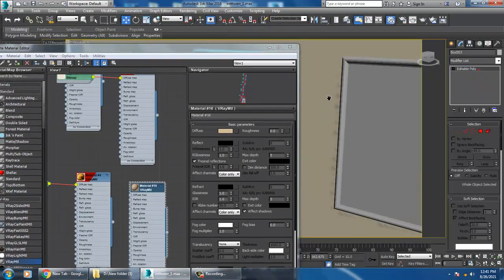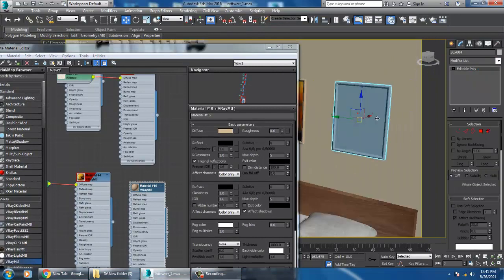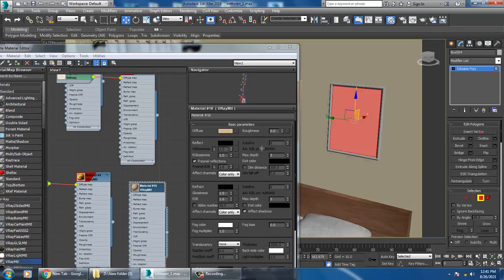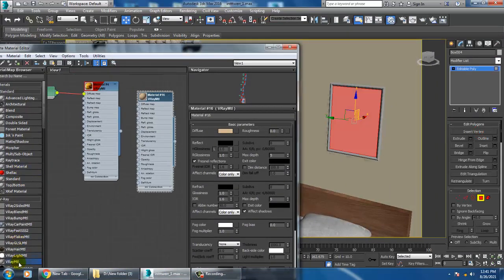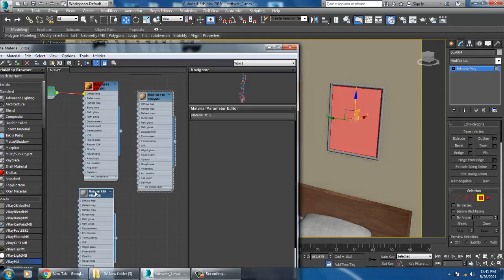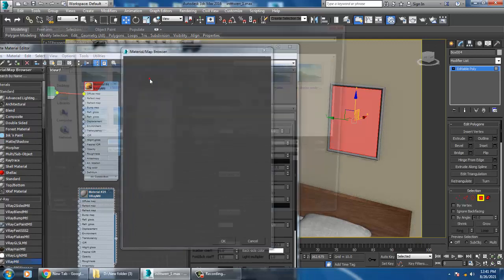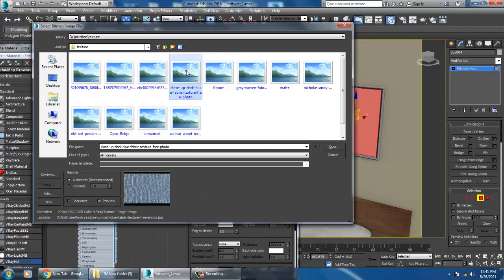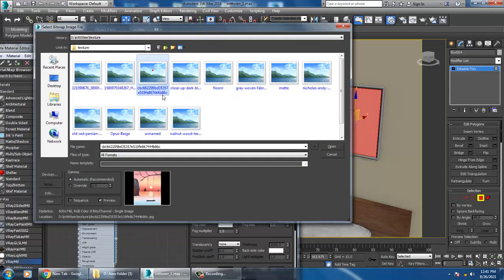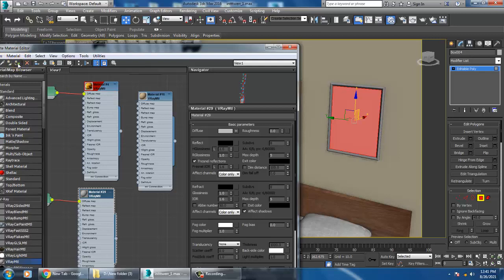Much better. So select this, again I'll take one more V-Ray material. Diffuse, go into this bitmap, and let's take another texture over here.